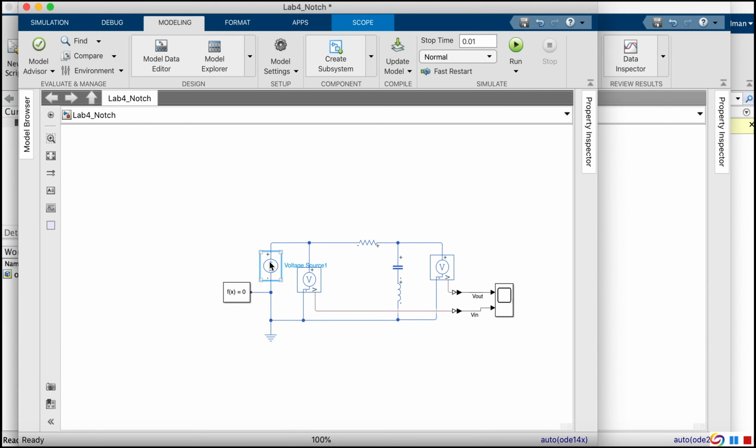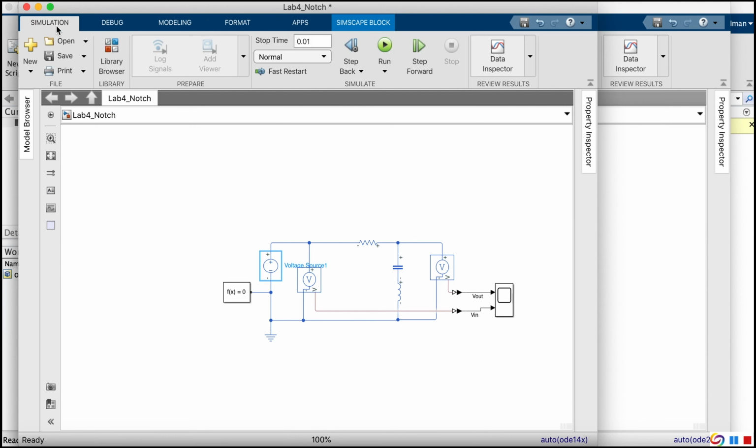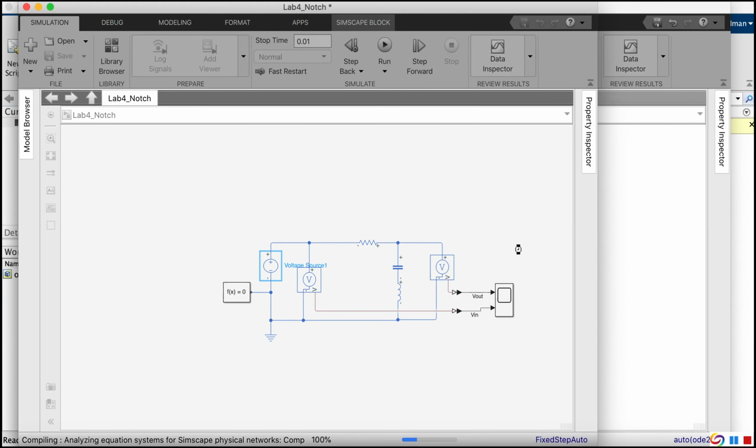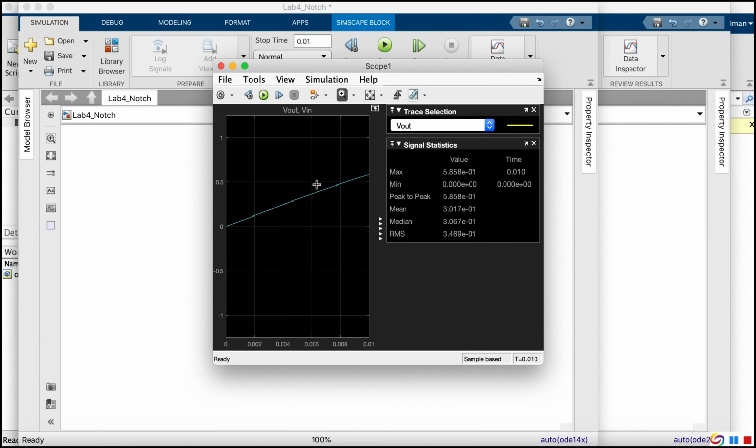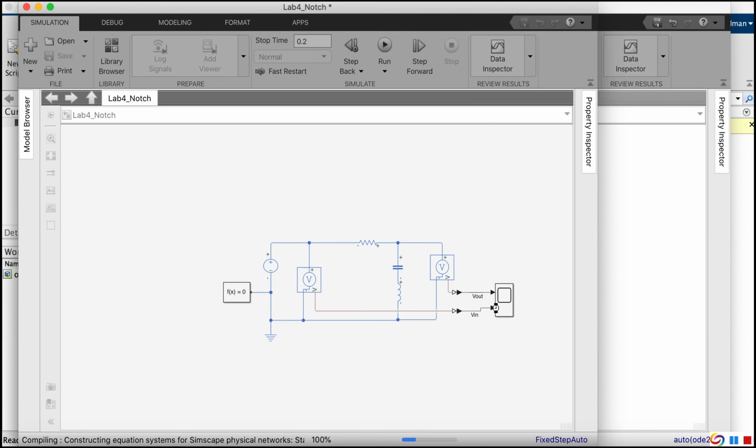So let's just do another one here really quickly. So for example, 10 hertz, right? So we wanted 10 hertz. And this is a special one, because at 10 hertz, if you have 0.01 simulation time, you can't see the actual peak, right? So you didn't give it enough time to show you the sinusoidal waveform. So you need to change this to a higher value. 0.2 would be enough here. So if you run this again,